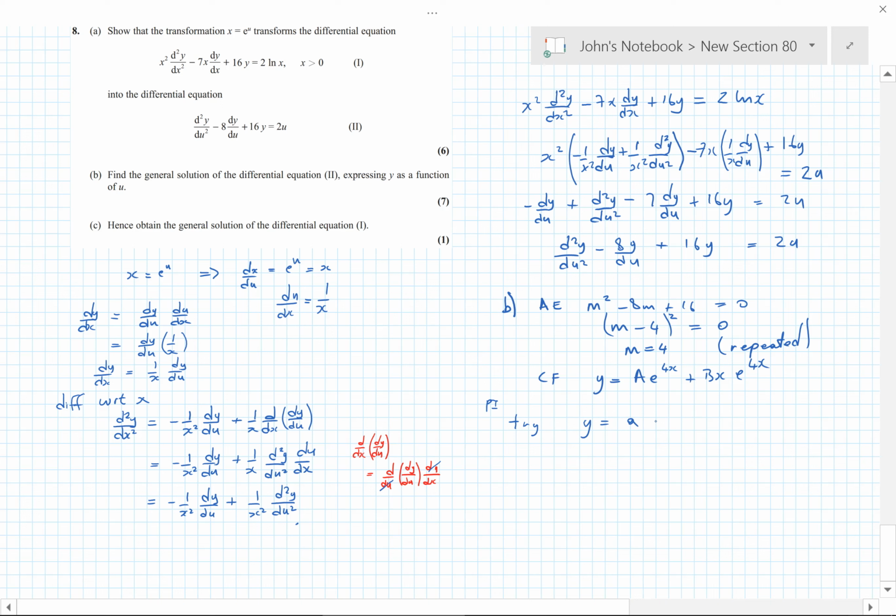Oh, I've just realised I put x's in instead of u's here. Never mind. So it's e to the 4u and a u here, and a 4u here. So y is equal to au plus b. That gives me y dash is equal to a, and y double dash obviously equals 0. So if I put those into my differential equation here, I get 0